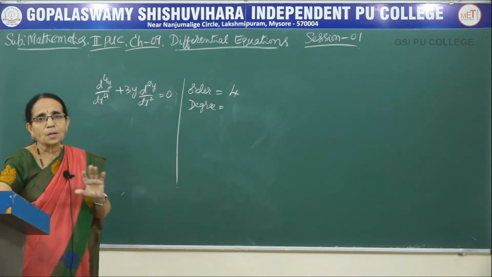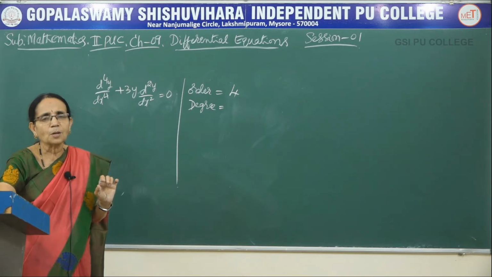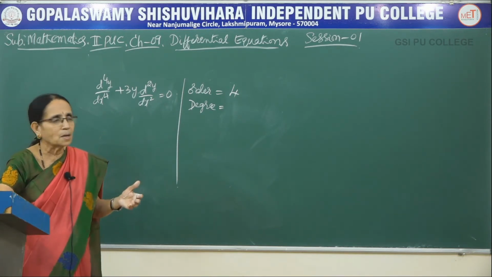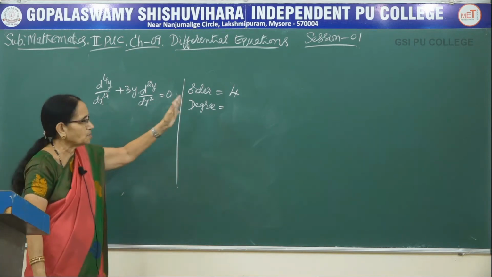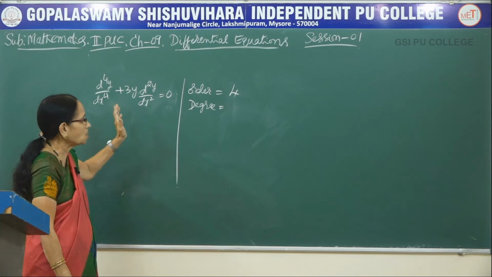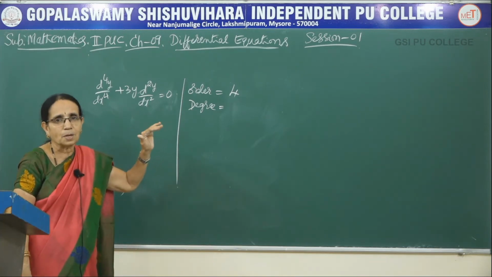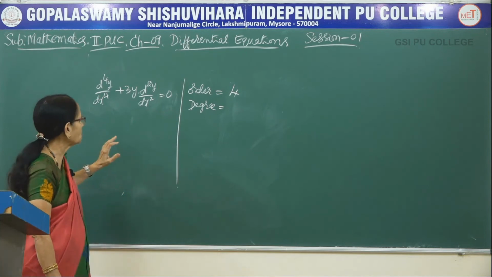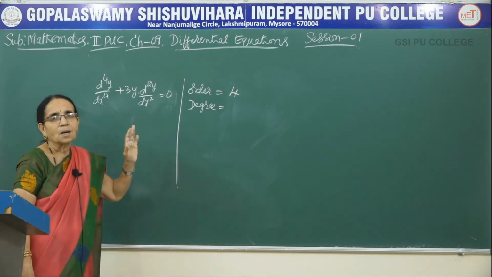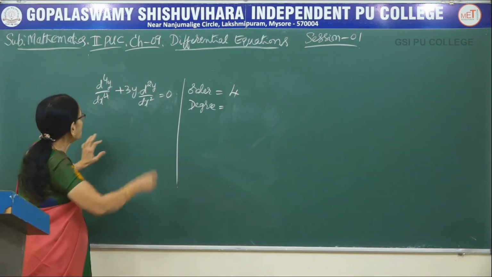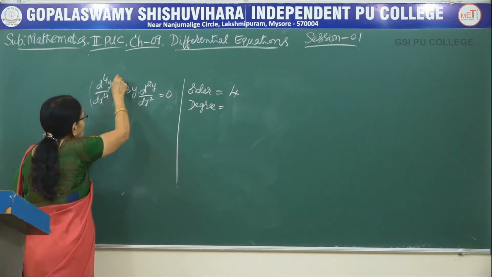Only for the degree part you have to be careful. You have to look at the equation properly, analyze and write the degree. So order will always be there. For all the equations order is defined. So we have differentiated 4 times. The fourth order derivative we are having. So the order is equal to 4. Come to the degree part of this one. You can clearly see that it is a polynomial in the derivative. Therefore, the degree of this one, the highest order, we have to consider.